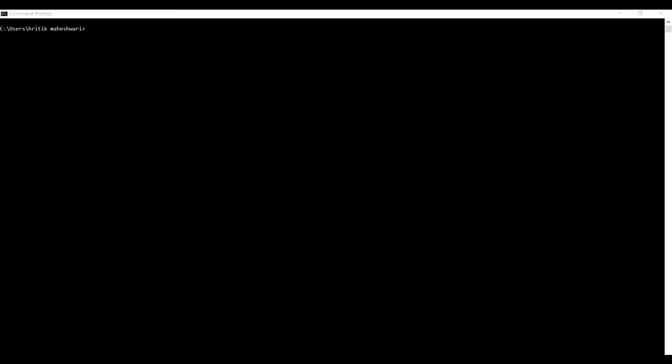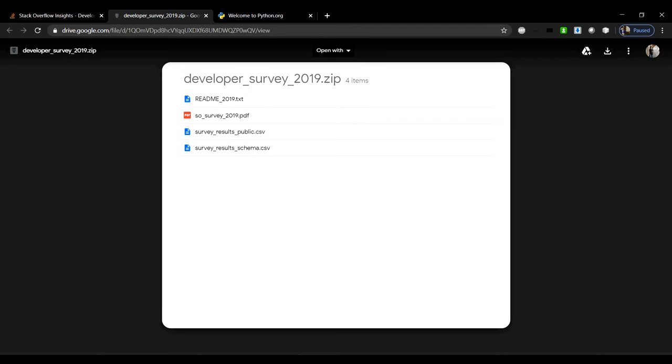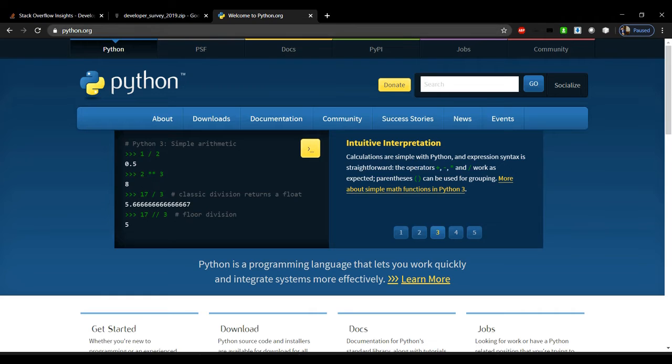Now let's look into the installation of pandas on your computer system. Before installing pandas, you need to install Python on your system. If you don't have Python, you just need to go to the website python.org and download it from there.